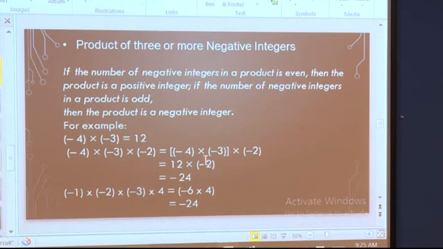Yes, because here it is only one time, we get the answer as a negative integer. So 12 2s are 24. So it is minus, so -24. Here we have done 1, 2 and 3 times, that is we multiplied the integers an odd number of times. So I told you we get a negative as an answer, or we get a minus.